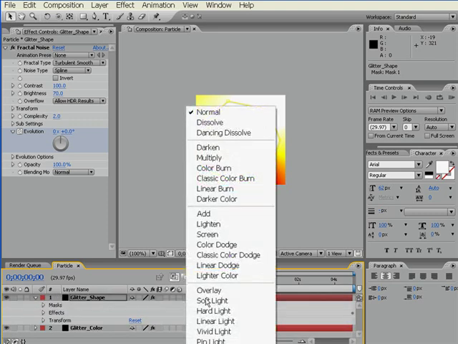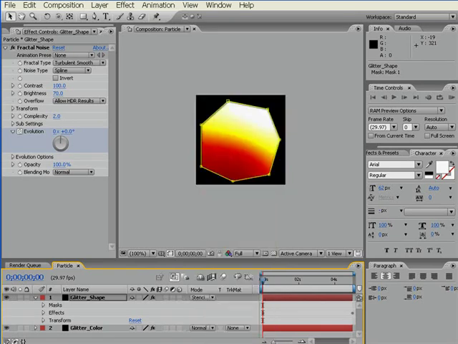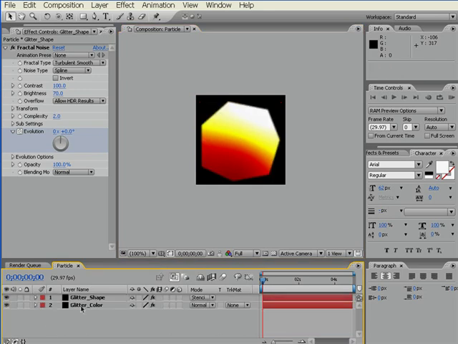you're not going to see it, but I'm going to go to stencil Luma. And as you can see, what's happened is the stencil Luma has only allowed the mask to cut out the shape below it. And so now we've got our particle here that changes color over time, which is exactly what